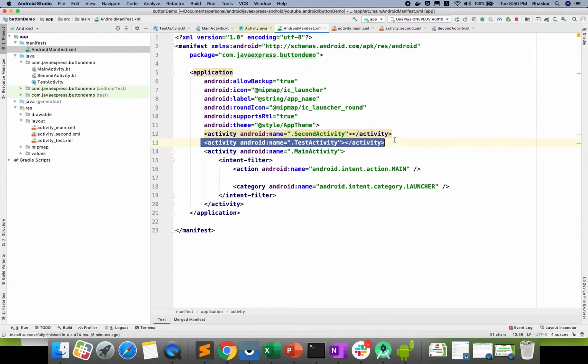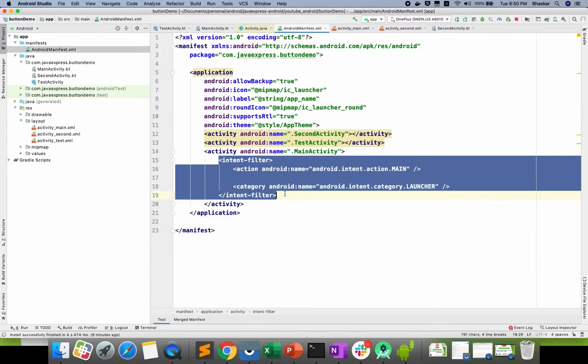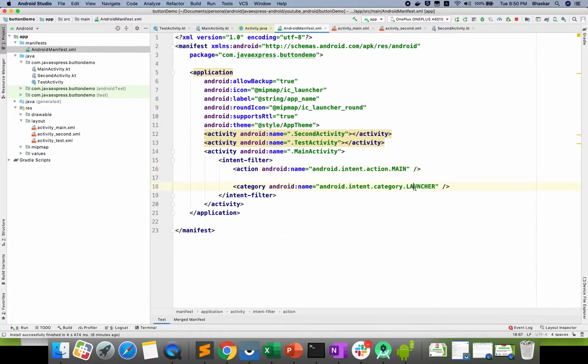All activities will be registered in the manifest. This is my launcher home screen. If you want to define which activity is your home screen, you can define it inside an intent filter. That is main and launcher. This section I will explain later, let it be. Now Android OS will go and check this second activity. I hope you are clear.